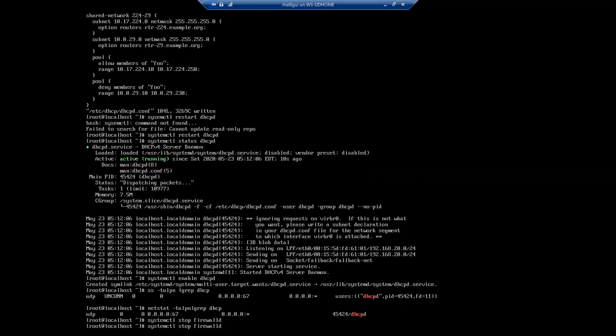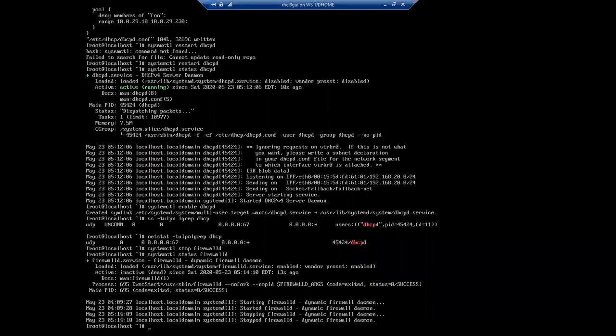We should not stop the firewall at any time if the machine is connected to the internet. Right now no problem because it's not connected to the internet. The status shows inactive, dead. The information says the firewall is dead, so the firewall does not disturb the configuration or the connectivity.